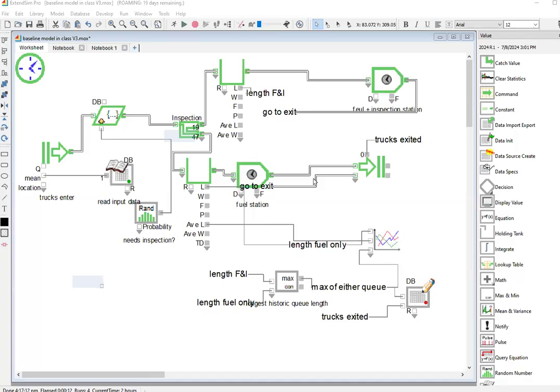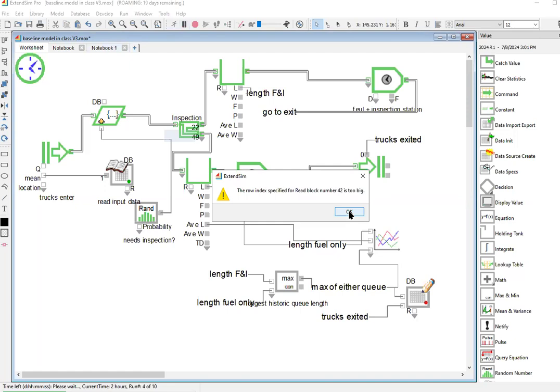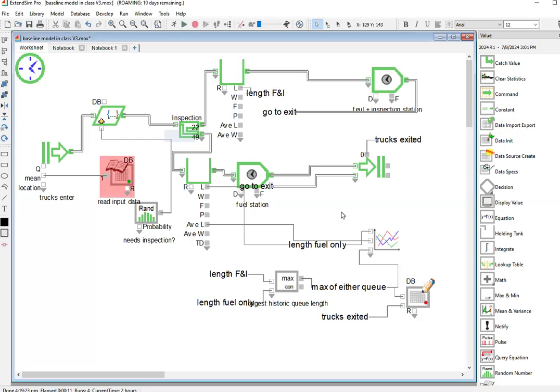The purpose of this video is to explain how to fix the record index is too big runtime error from ExtendSim. So in this example, I'm going to do a run. And you'll notice it says row index specified for read block number is too big. So when I click OK, it's going to have an abort, and then it'll immediately highlight the read block that